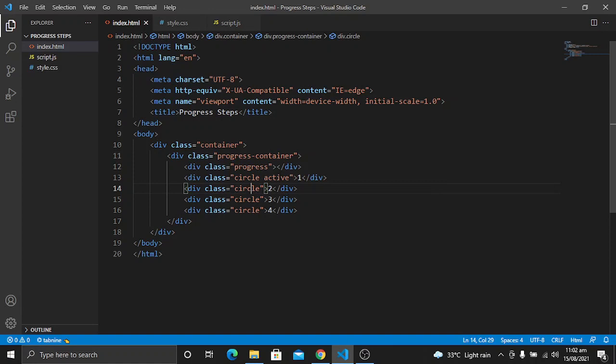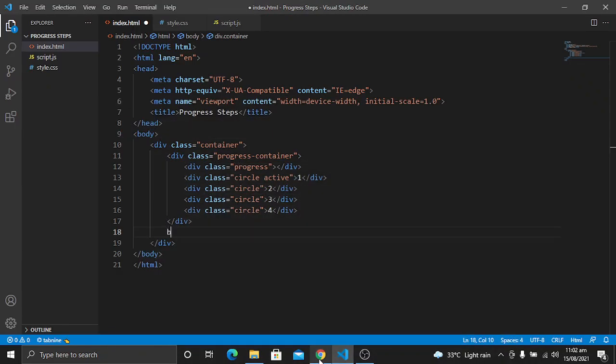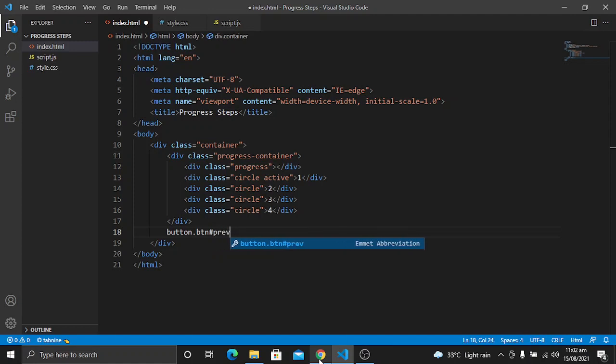These circles will contain the numbers, the steps, and under this progress container we want to create these two buttons, the next and previous buttons. I will create a button with the class of btn and with an id of prev. It will stand for the previous button.